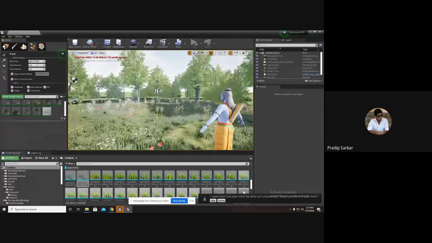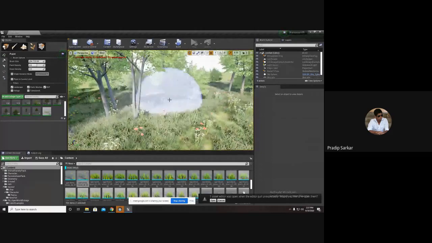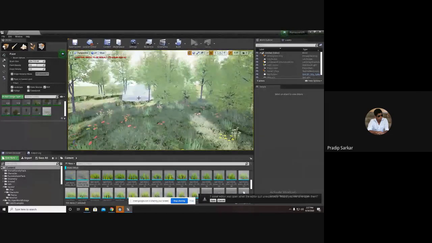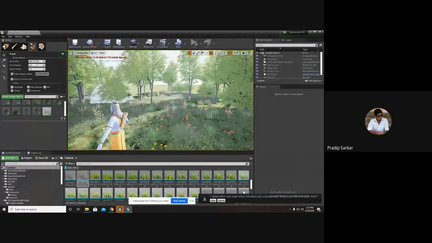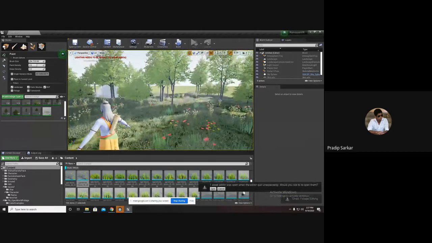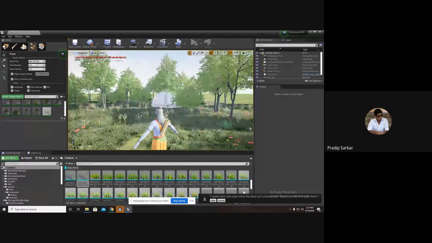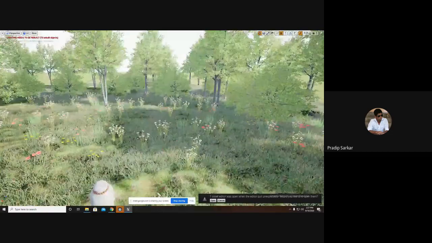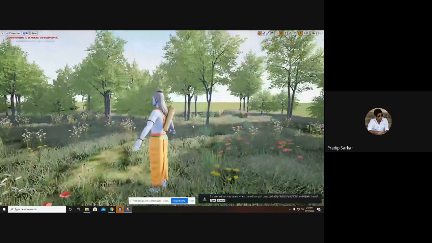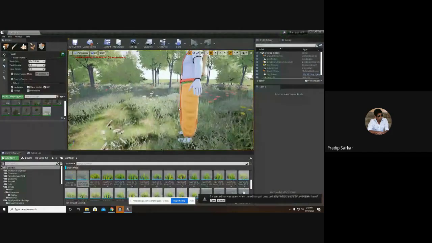Once that is done, I'll select my grass and fill up the rest of the places. So this is how fast we can create an environment inside Unreal. Once all the things are ready, we can make things faster.